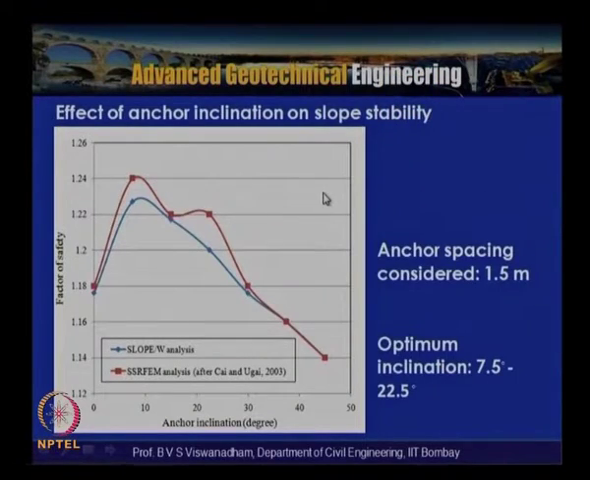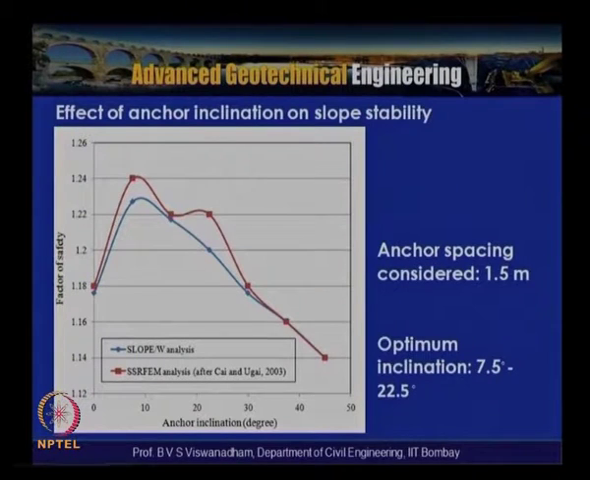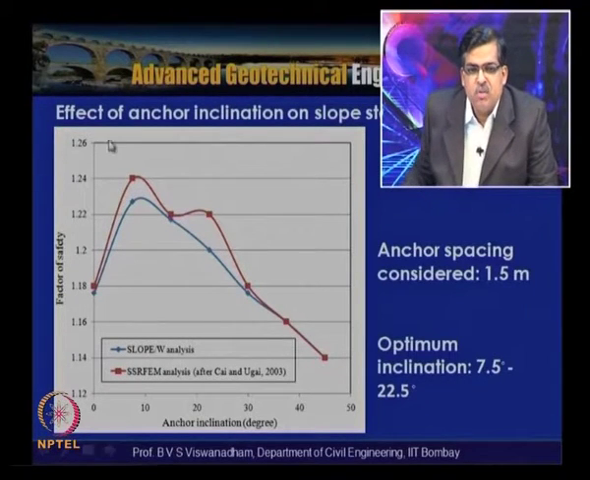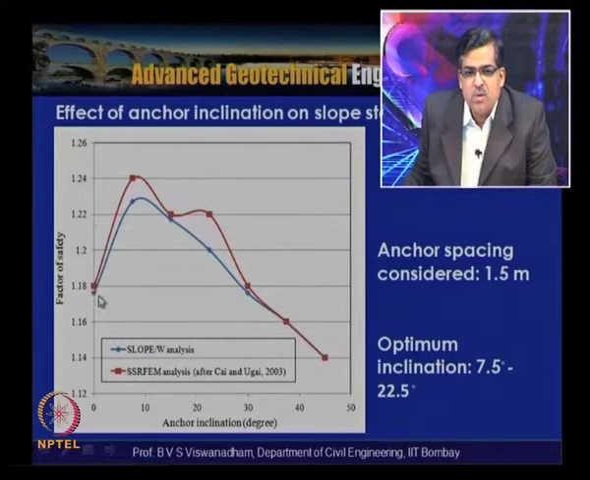Now in this particular graph which is shown here, the anchor inclination with horizontal is plotted on the x axis, and the factor of safety, which is nothing but the resisting moment by the driving moment, obtained by Kai and Ugai 2003, and the analysis results were compared. In this, a parametric study was carried out, wherein when the anchor inclination is about 0 degrees, both the FEM analysis done by Kai and Ugai 2003, and the present analysis were found to have